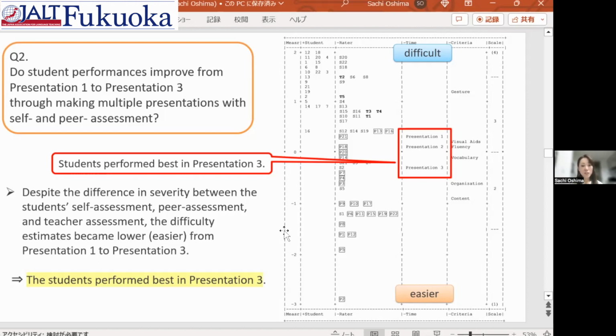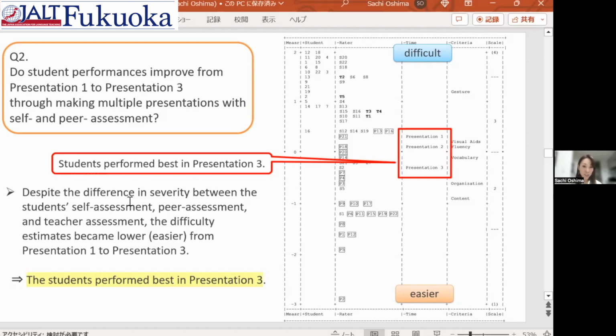So despite the huge difference in severity between the student self-assessment, peer assessment, and teacher assessment, the difficulty estimate became lower, or the presentation became easier, from presentation 1 to presentation 3. From that, we can interpret that students performed best, and got the best score, in presentation 3. Then,